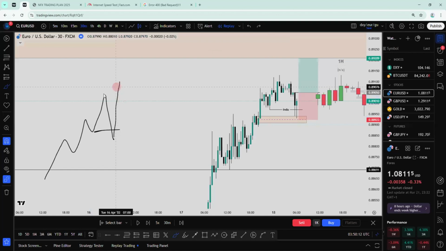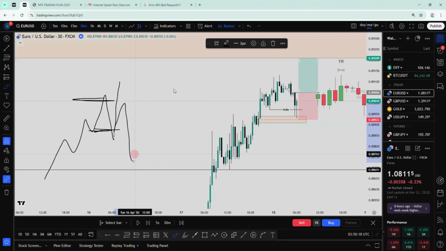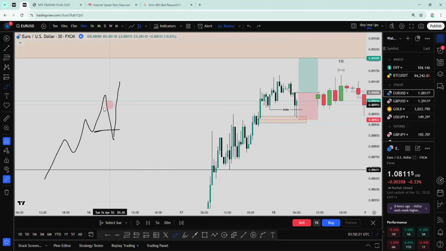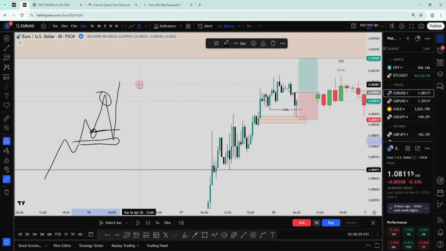And guys, take note, because when you see a shift of market structure like this, it doesn't just mean price wants to reverse, right? If price had tapped into a key level, then this shift in market structure can be valid for a sell. But if you're having a shift in market structure and it did not tap into any key level, just know that this is an inducement that price took to a key level, probably to continue higher, because in an uptrend, the market rejects lows and it breaks highs. Why is it rejecting lows? It's simply just to